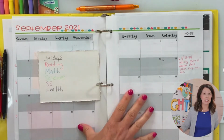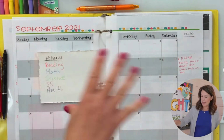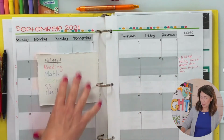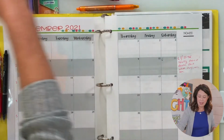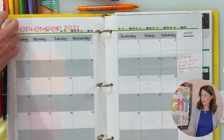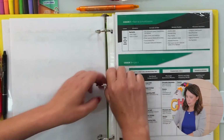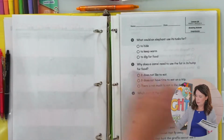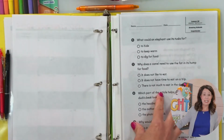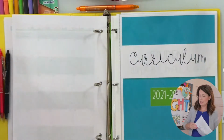The first hack is to get yourself a big old calendar with lots of space to write. And then my second hack is to color code. Okay, so then with my, let's just grab this out of here. Oh, the other thing you need to do, and I forgot to tell you that, is grab your assessments, because